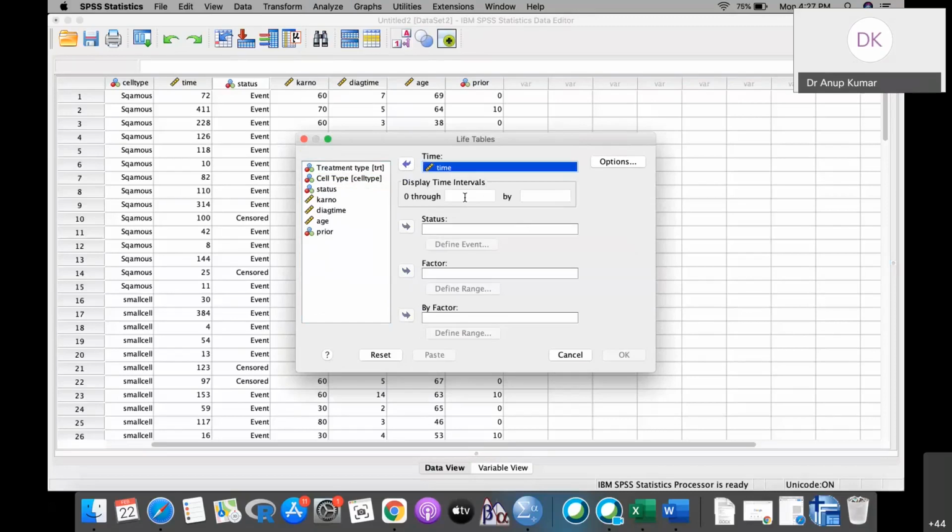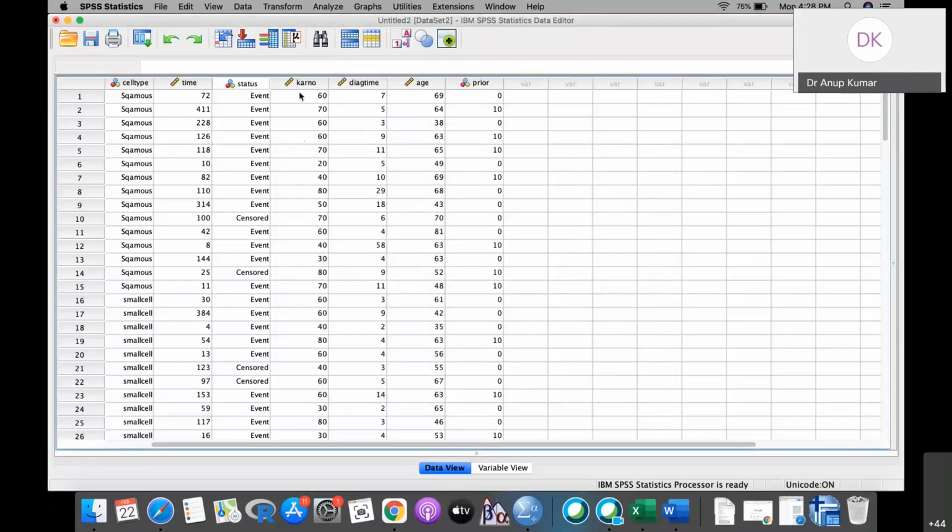So what interval should we keep here? That is what it is asking. We have 0 through the maximum value, and then by 3, 6, or 12 months. For this, we have to analyze our time variable.